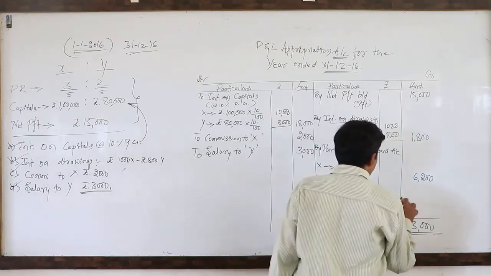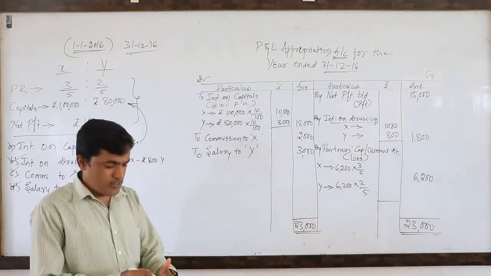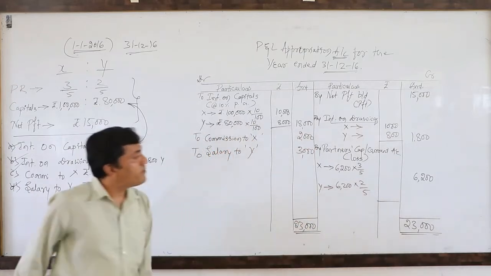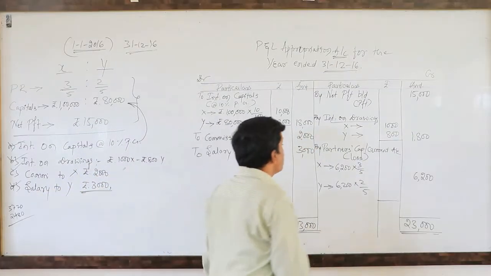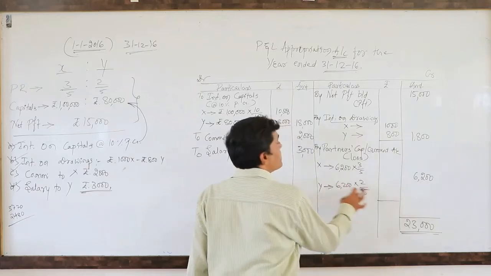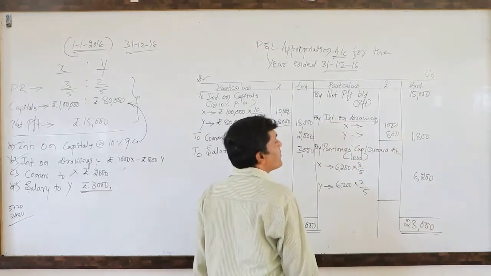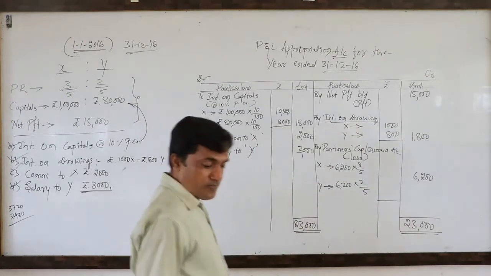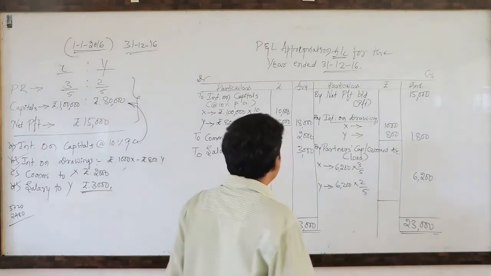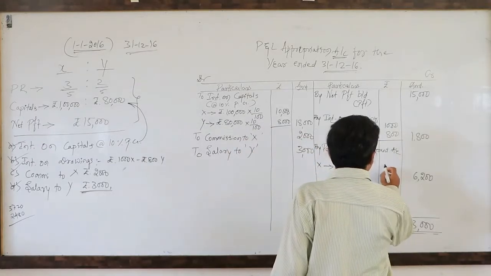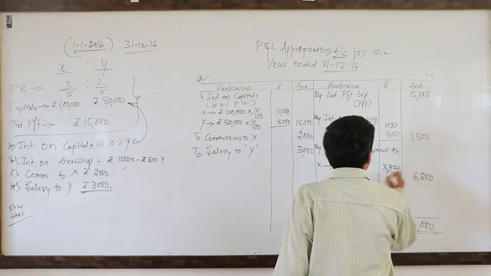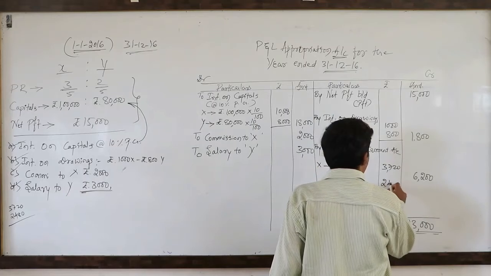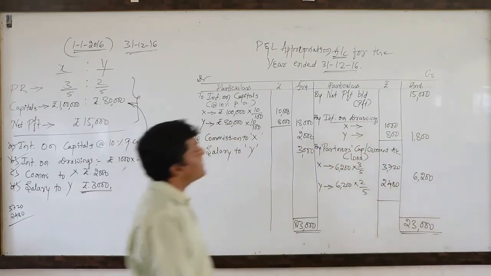So you can ascertain the appropriated loss from the calculator also. So here I am trying manually. Okay. So here I am distributing this debit balance of rupees 6,200 to X and Y in the ratio of 3:2. So that is 3,720. You can try by calculator also. So 2,480 for Y. So this is the appropriated loss.